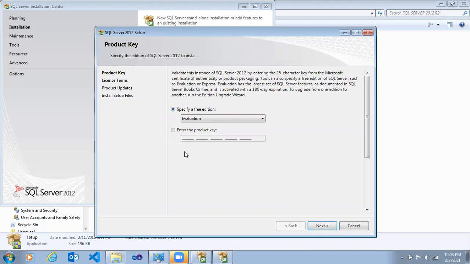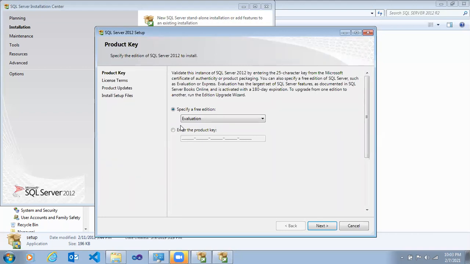Here, if you have any key, we can give that key. I'm going with the evaluation edition. I'm installing it in 2021, right? So we can use this SQL Server installation for 1 year for free.